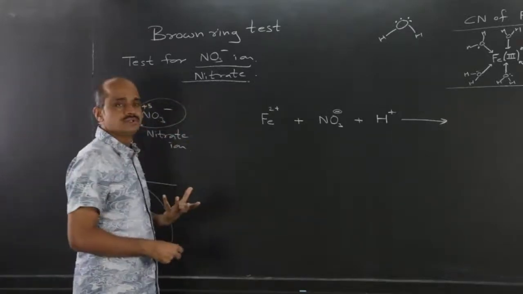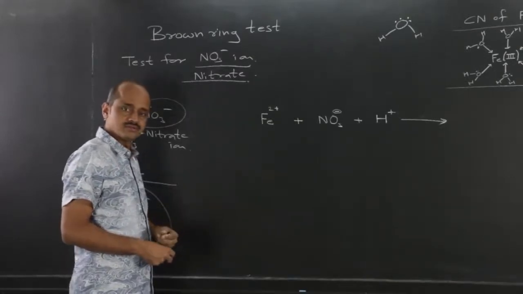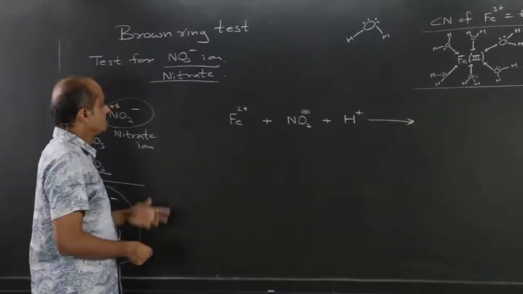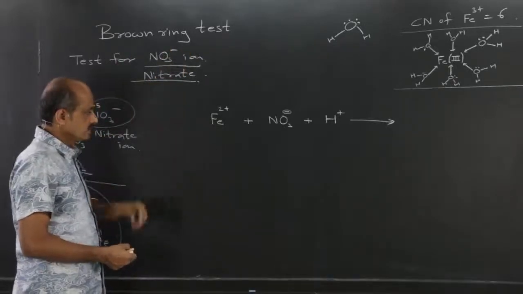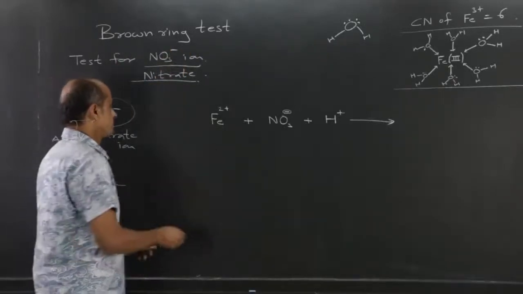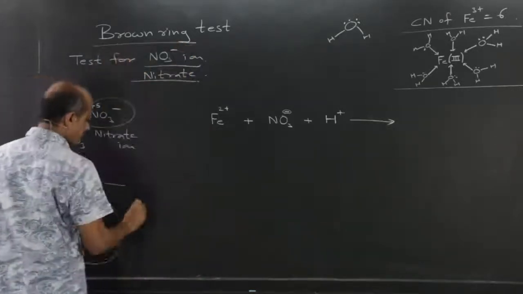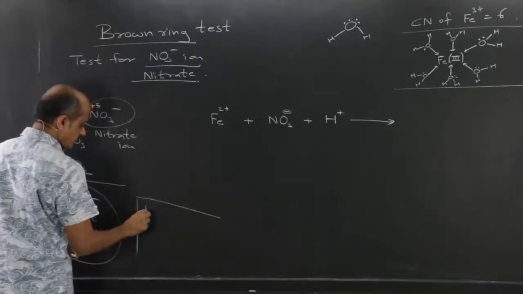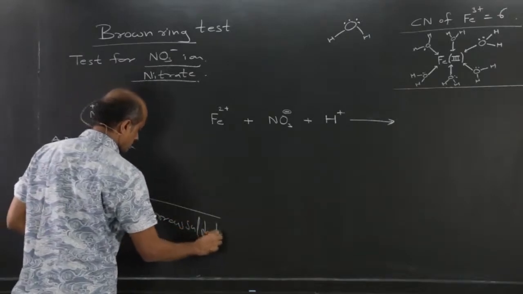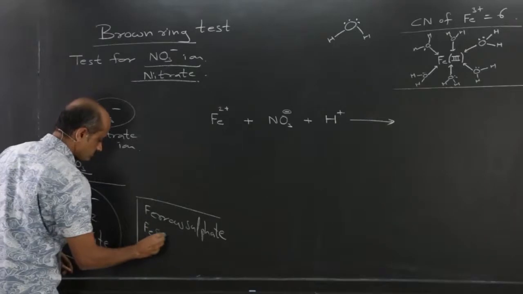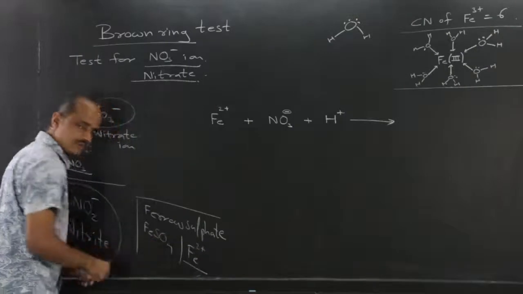And for a sample containing a nitrate group, we carry out a test which we call the Brown ring test. Let us consider that. For that, we take ferrous sulfate, FeSO4, which means ferrous, Fe plus 2,